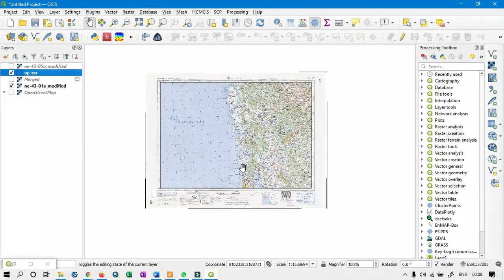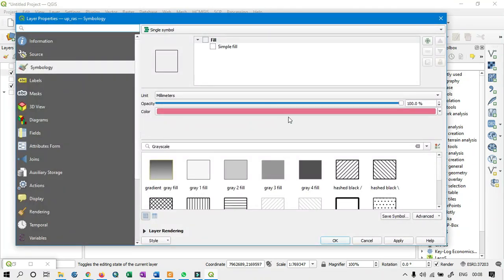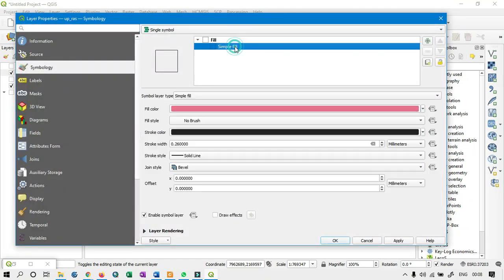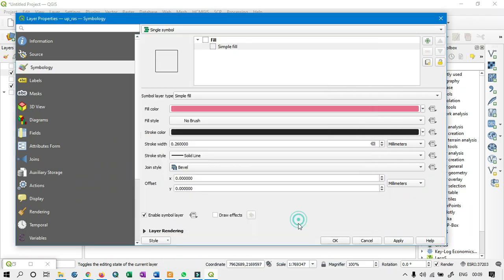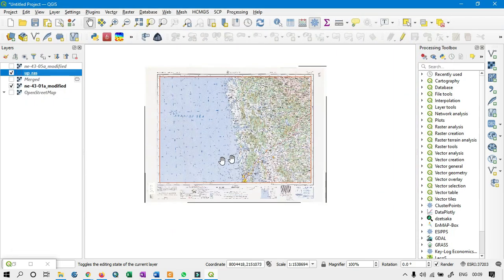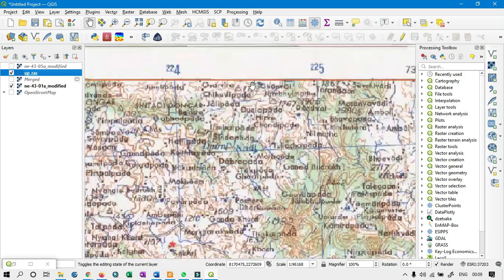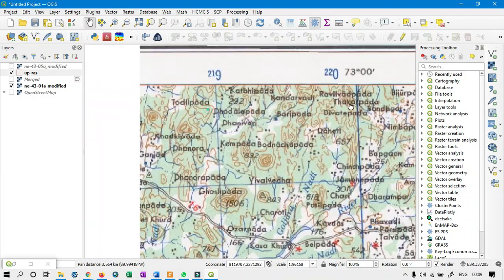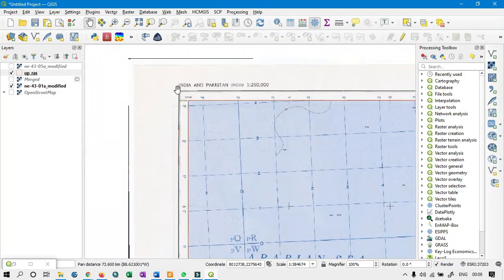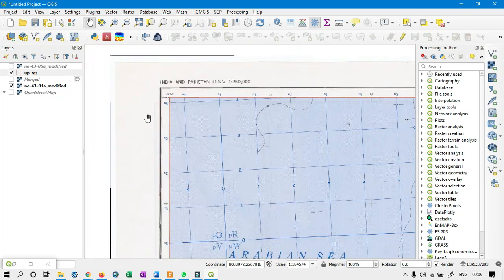So now we just created one vector layer, and the boundary of the vector layer or the polygon perfectly aligns with the necessary information of the maps. So that's why we don't need the information beyond this map boundary.